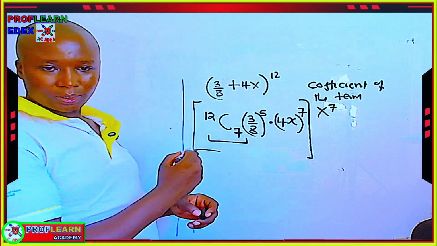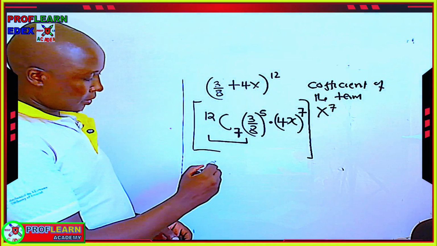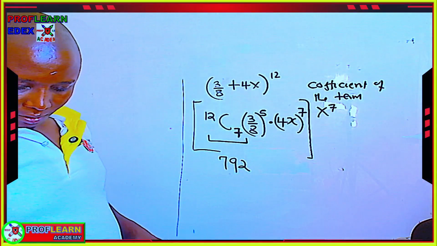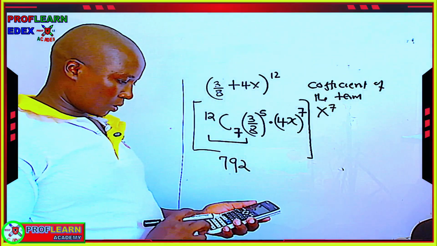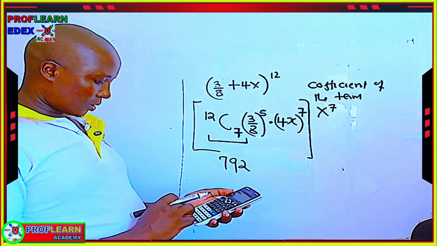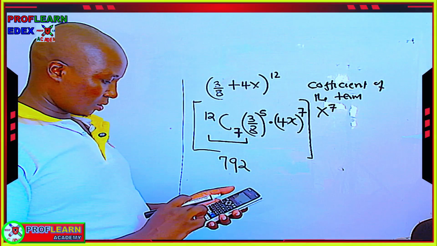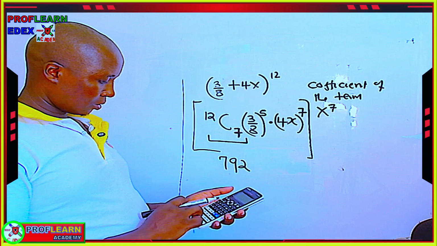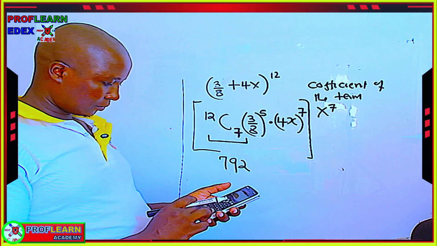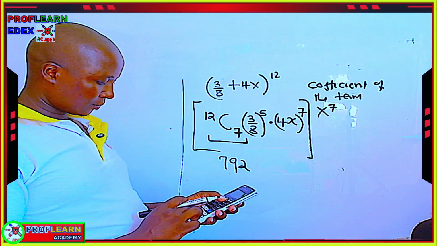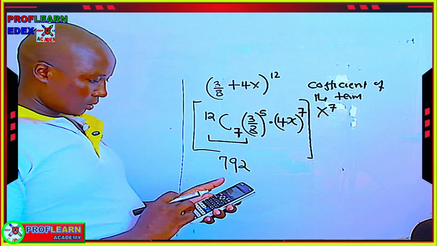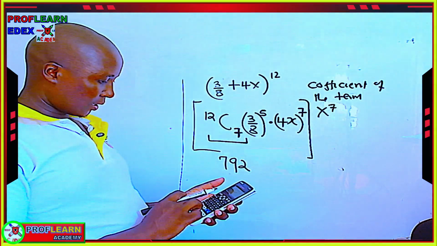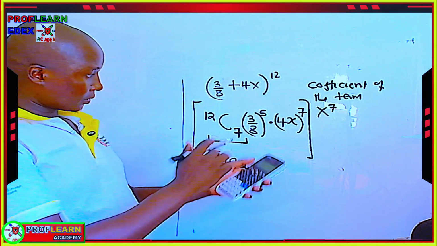If you work out this using a calculator, you're going to get 792, and that is going to be multiplied to 792 times 3 over 8, 12 combination 7, times, we open the bracket, and that is 3 over 8 raised to power 5 here,